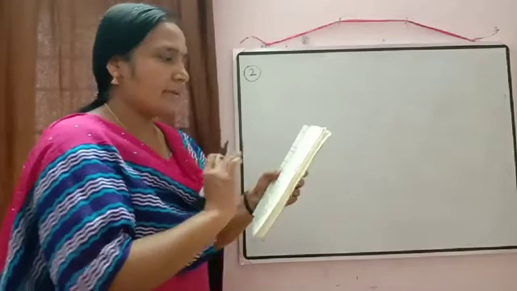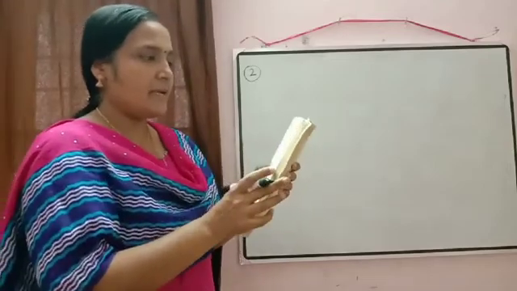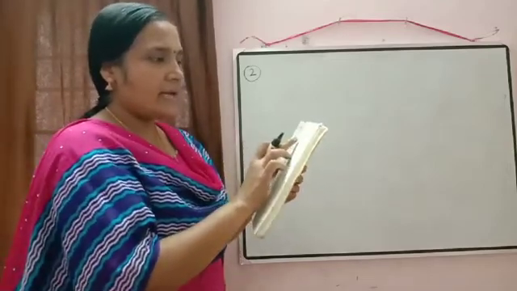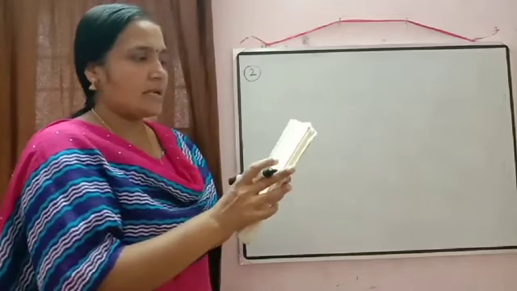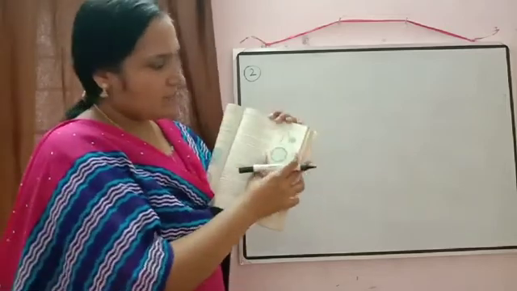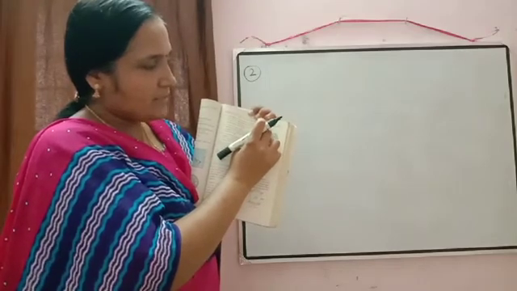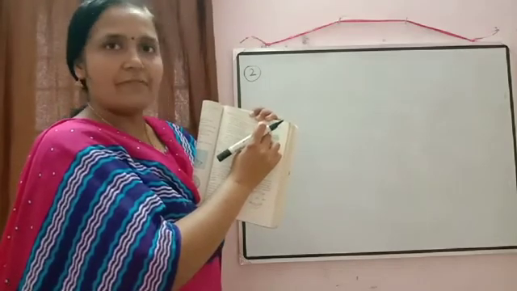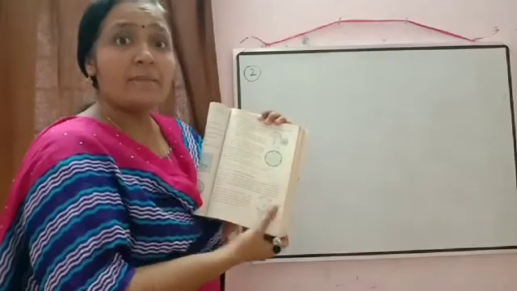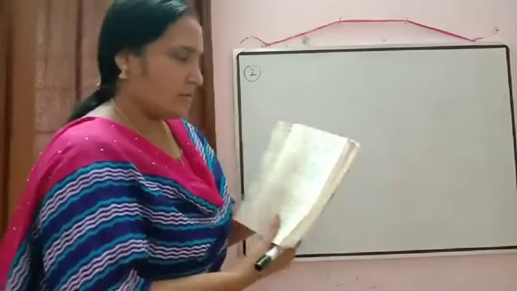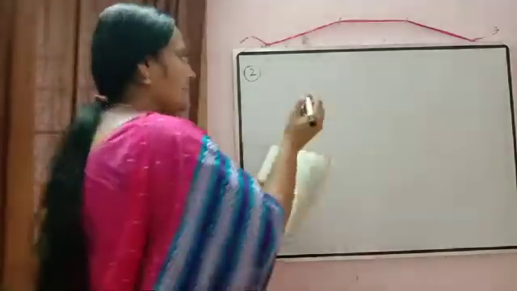And radius is given there, 45 centimeter. It is asked to find the area between the two consecutive ribs of the umbrella. So find the area between the two consecutive ribs. Means what we have to calculate? We have to calculate the area of sector. Yes, very good.